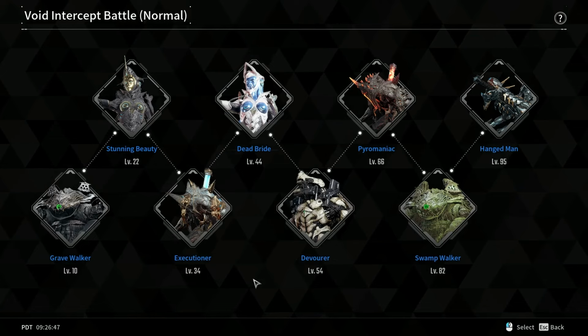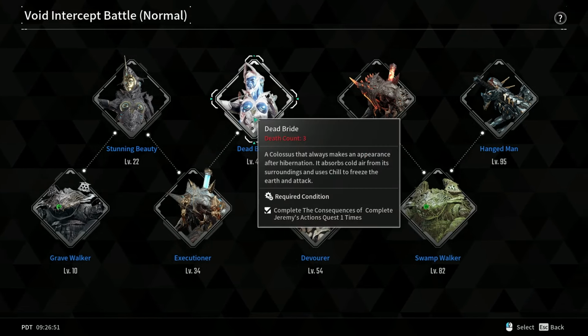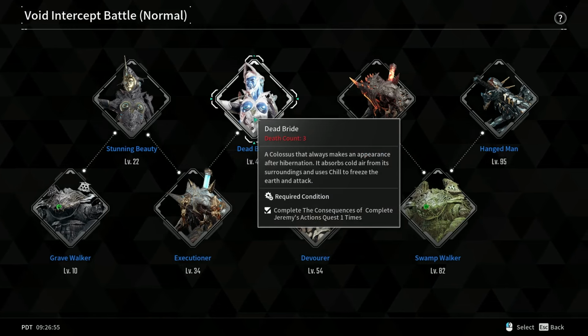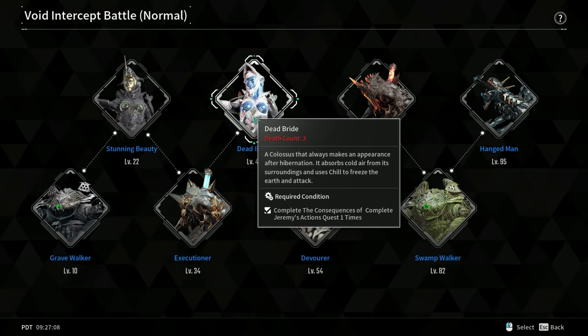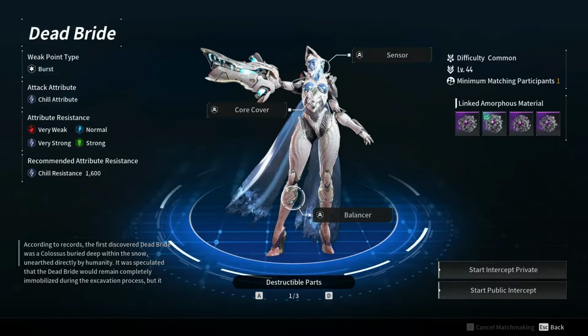So obviously the hardest one that I think is going to be gatekeeping a lot of players is going to be Dead Bride. Dead Bride is a very strong one because she has her snow globe that does a lot of AoE damage, and that can really burst you. One thing to note about Dead Bride is she doesn't actually have a lot of HP. She has good shielding but not a lot of HP. So if you target her specific parts like her mabubas, her legs, and then her ears,